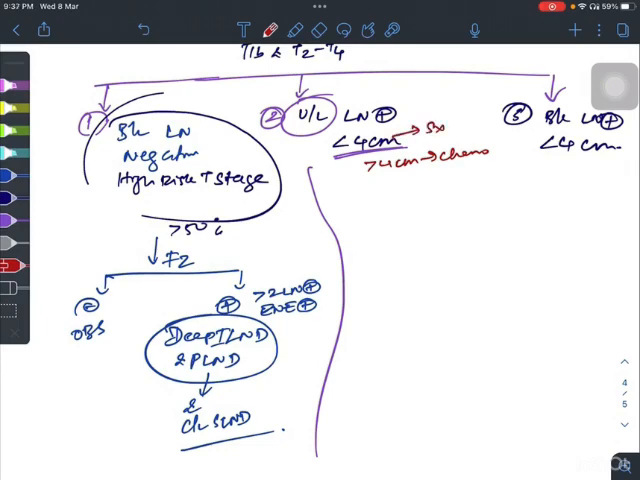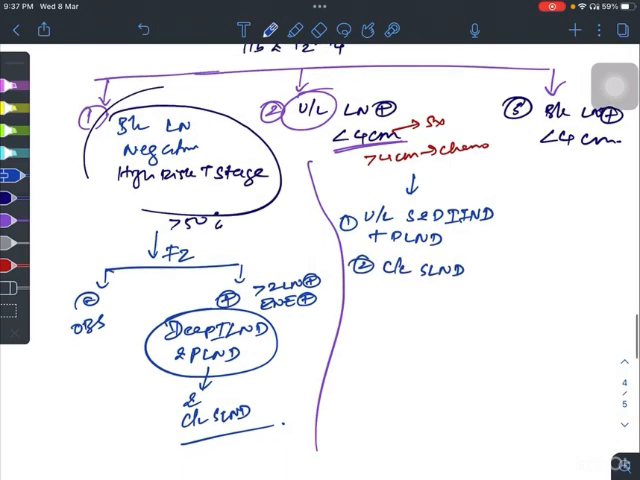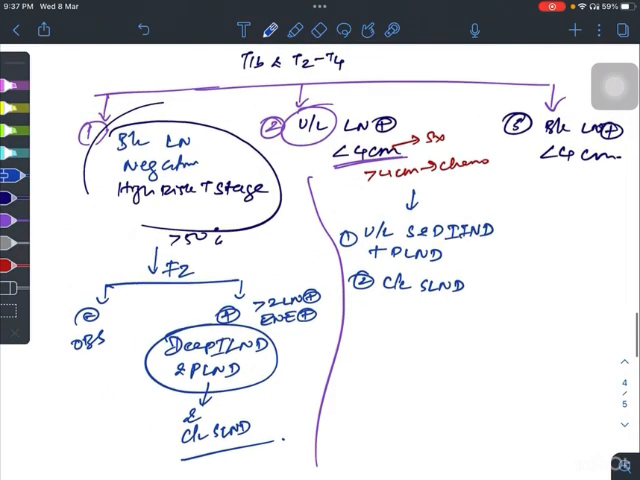So this is a unilateral disease. For this, we can go for unilateral superficial and deep ilioinguinal node dissection plus pelvic lymph node dissection along with contralateral superficial lymph node dissection. Okay, simple. And coming to the third scenario,